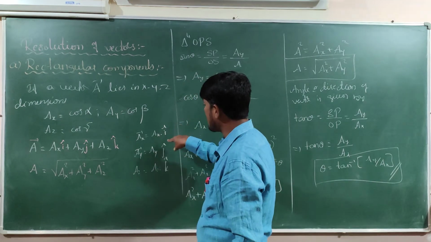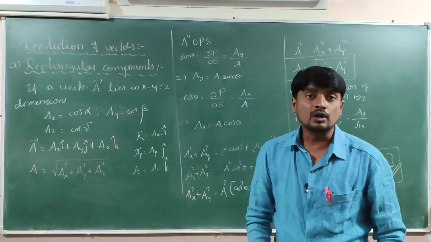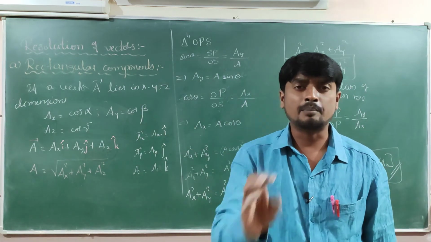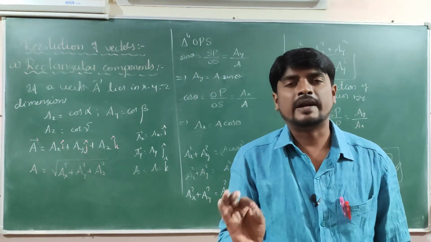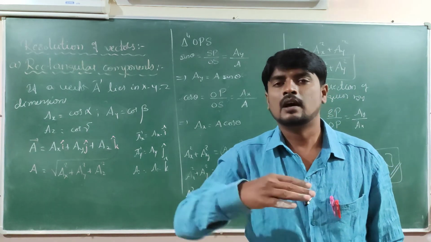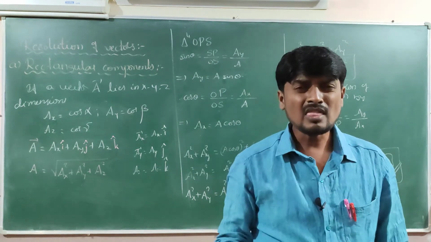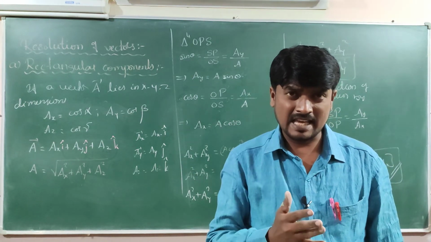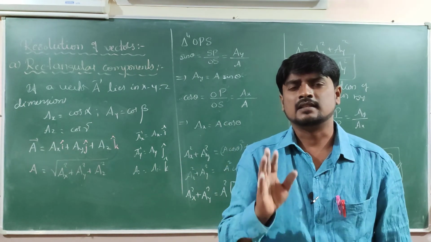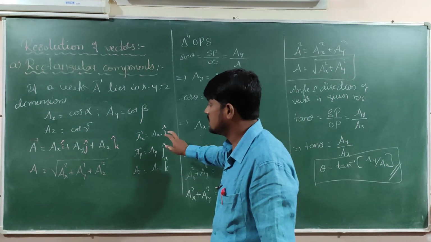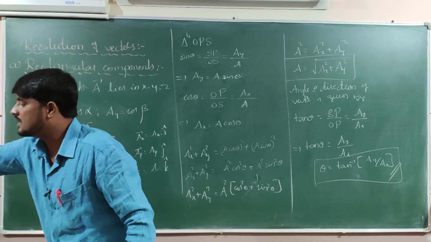So I cap, J cap, K cap are the unit vectors along X axis, Y axis, Z axis. This is very, very important and they are permanent. Vector I cap is along the X axis, vector J cap is along the Y axis, and K cap is along the Z axis. It is always permanent, my friends. Please keep it in mind. It's very, very important as the resolution of vector is concerned.